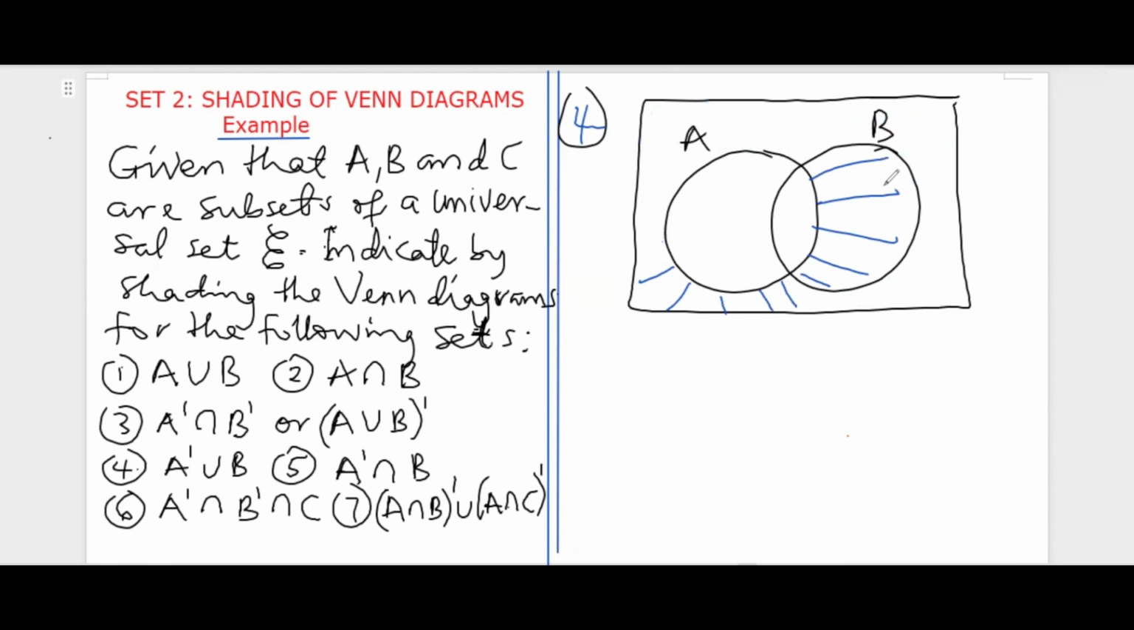And lastly, we check number 5. Number 5, we have A complement intersection B. If you talk about A complement, the complement of A is elsewhere apart from this circle for A. Those elsewhere where it intersects with B. Let me use, this is already A complement,